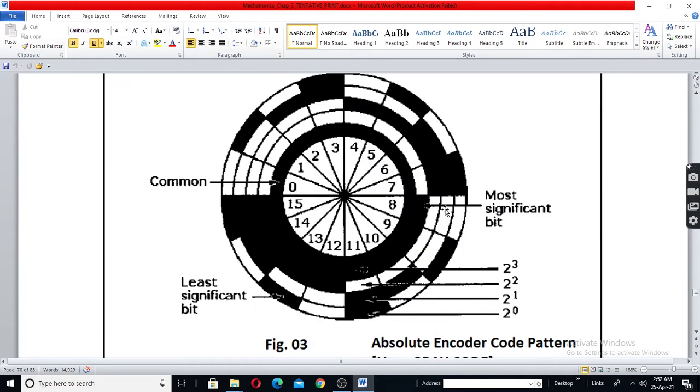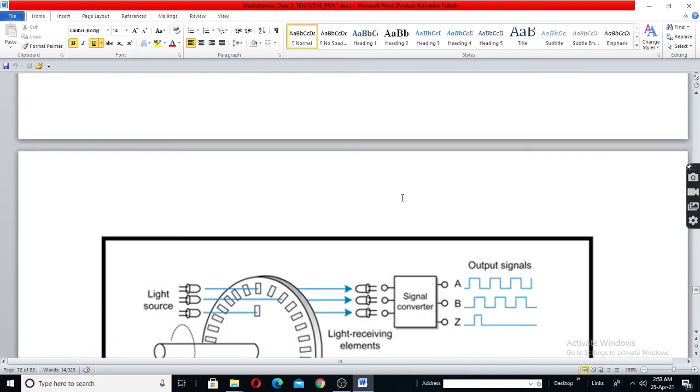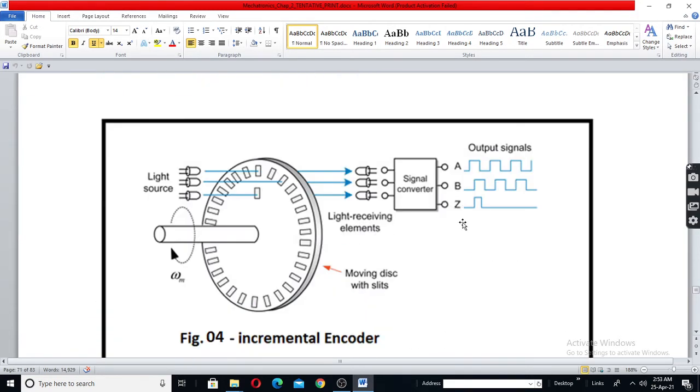But here it is not so. Each position has code already fixed on it. Hence, this is called an absolute encoder. Hence, you do not need the Z synchronizing pulse here. As soon as you start the motor, for the counting to begin,